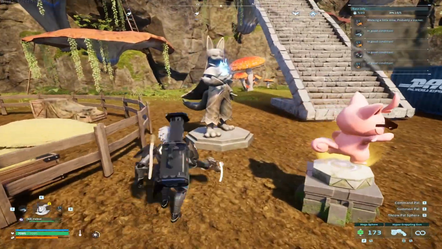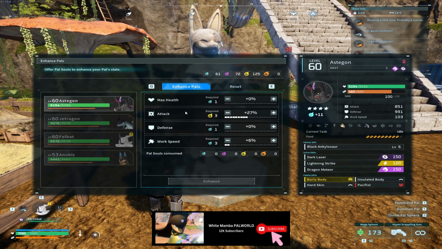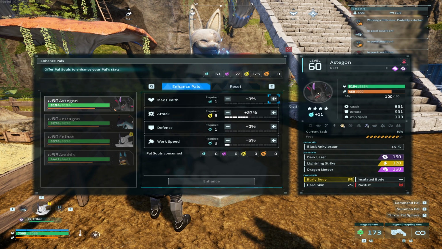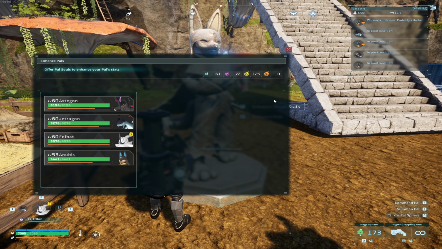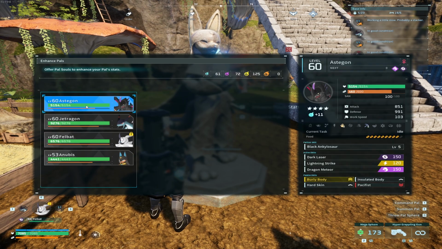Everyone is scrambling right now to get pal souls, especially the new giant pal souls, which are really incredibly useful. If you rank up your pals with the little star method using dog coins or with the potions, it kind of helps and gives you maybe an extra 10% attack or something similar to that. But the pal soul method is actually crazy how much it gives you